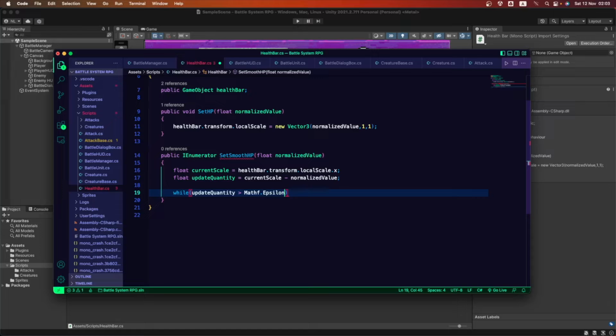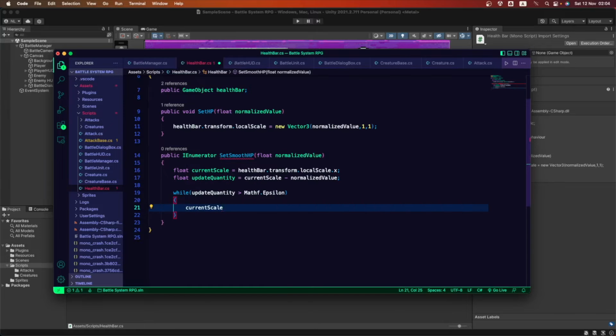Mathf.Epsilon is a very tiny number. This is the smallest value we can have in this coding language. I don't know if it works like that in others, but this would be the tiniest value that is bigger than 0. So we want to know if this updateQuantity value is bigger than 0, even if it is very tiny. While updateQuantity is bigger than 0, we're gonna be doing this.